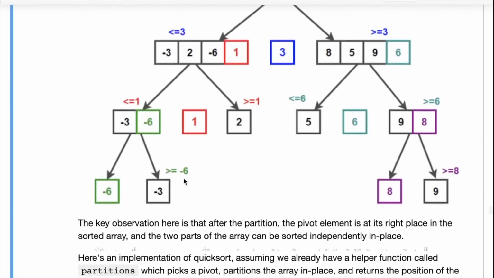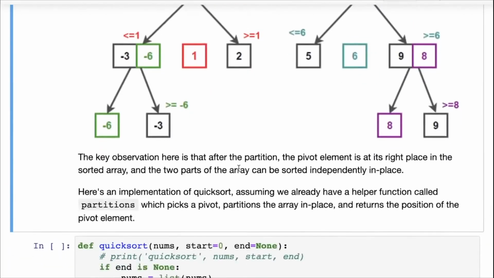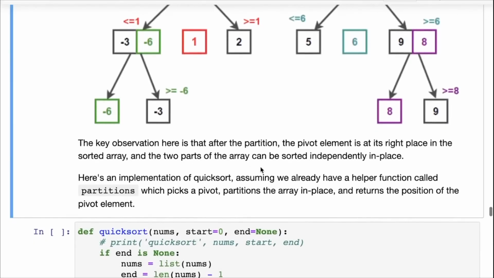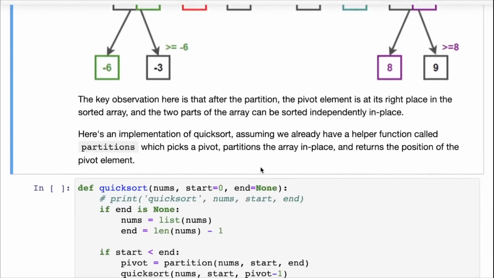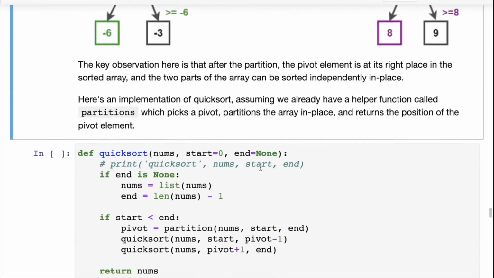So as I said, the key observation here is that after the partition, the pivot element is at its right place in the sorted array. The two parts of the array can be sorted independently in place. Now, maybe once again, take pen and paper and try to work it out yourself. Again, all of this makes a lot more sense when you actually put it down and solve a real problem,